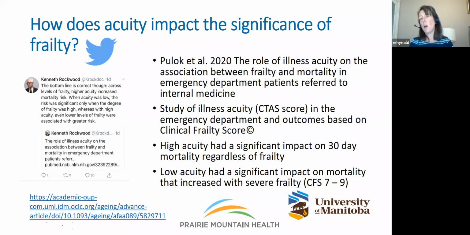It's like the straw that breaks the camel's back. They just don't have the physiologic reserve, or they're so vulnerable that they can't take one more low acuity event without it significantly increasing their mortality. In that paper, they defined severe frailty as 7 to 9.